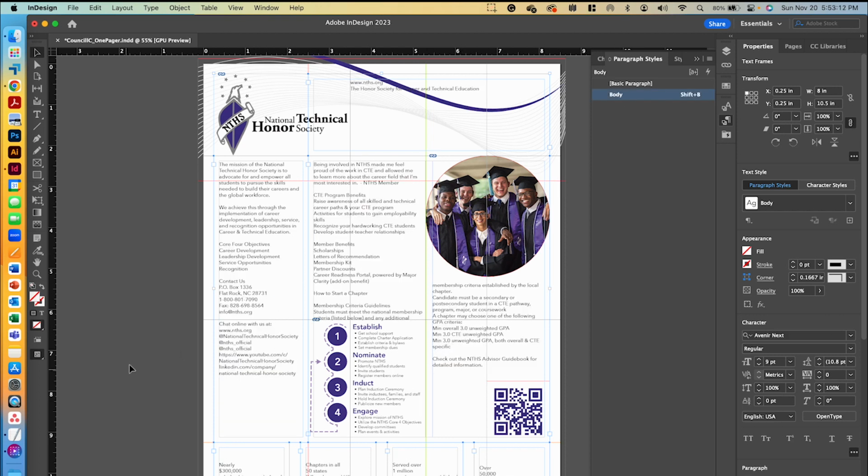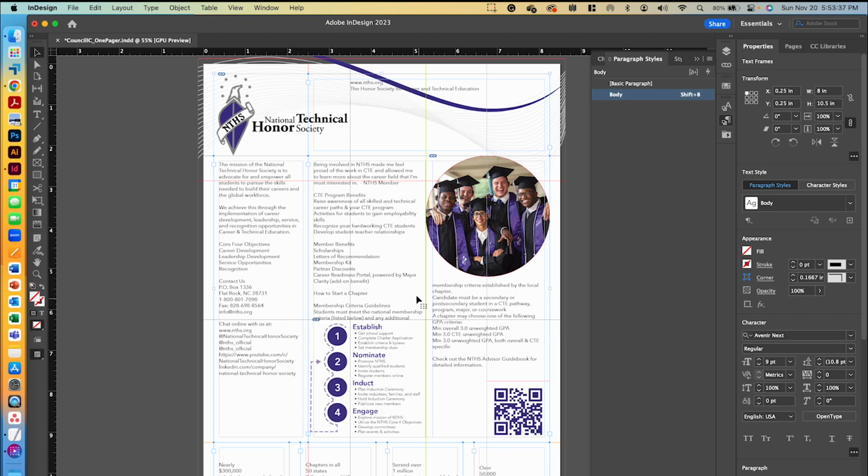And now it has converted all of my text to that same style. So now it's all in Avenir Next, regular 9-point font, and it's not hyphenated. All right, so we're getting closer to the look that we want here. Our next paragraph style that we're going to create is very similar to the body, but it's going to be